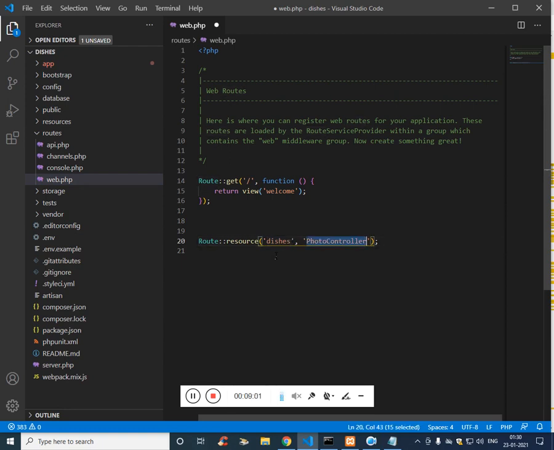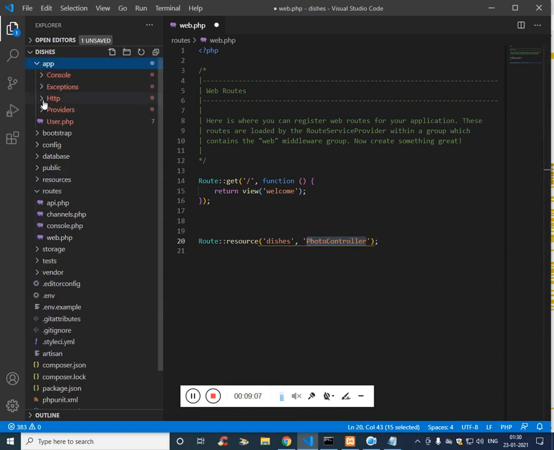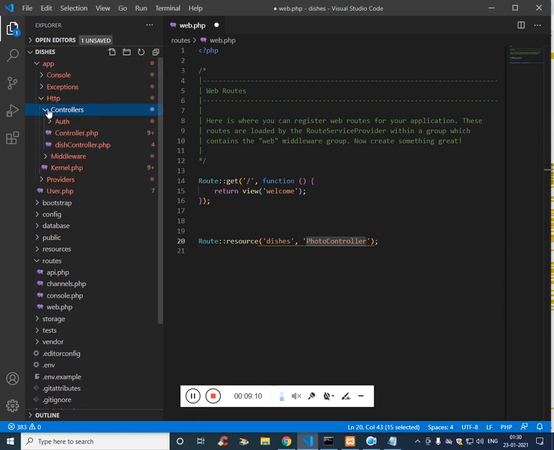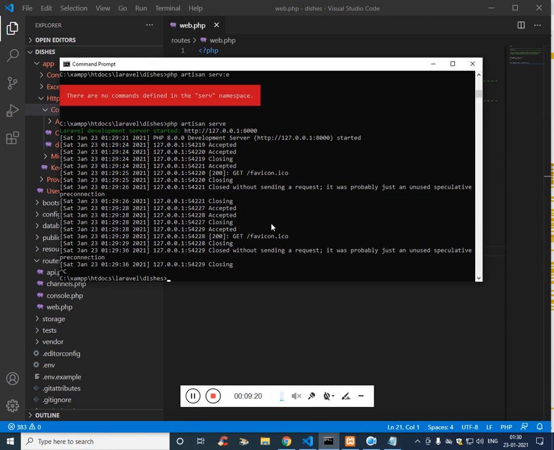And then the controller we have created. In app, Http, Controllers we have DishController, so we'll call it DishController. Click on save, and now let's close the server.